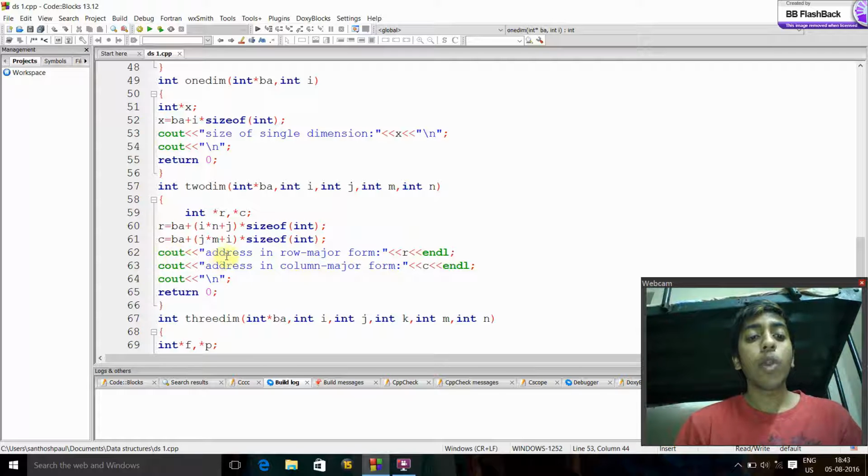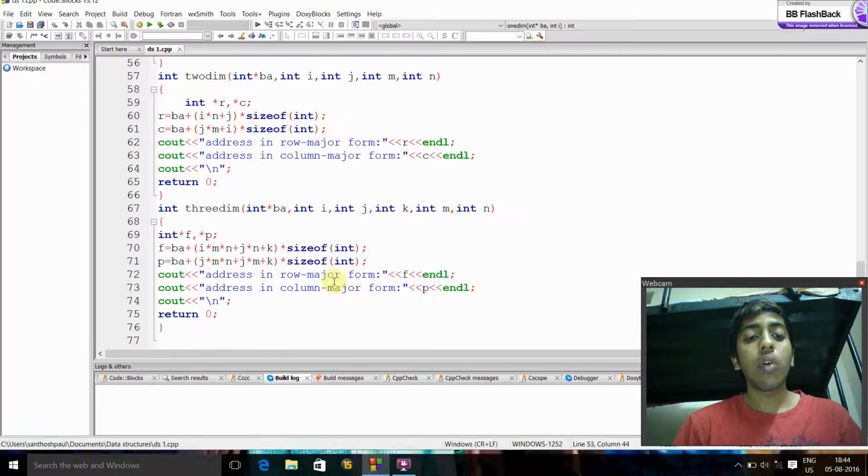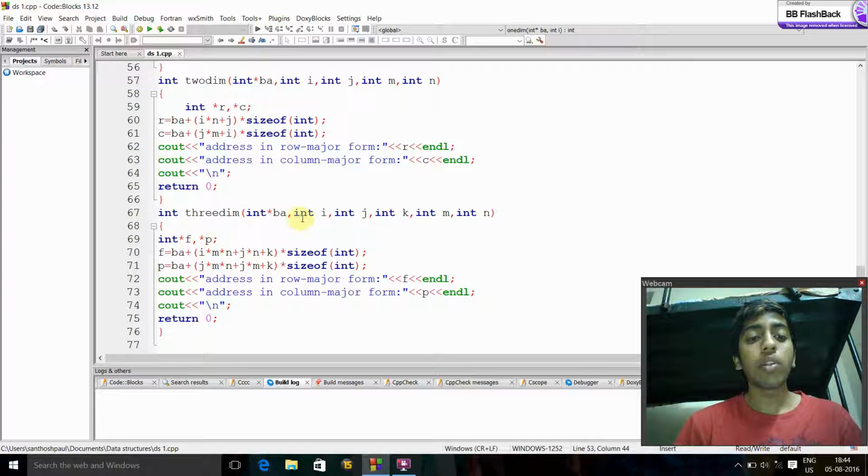Now prompt the user for row major form and column major form. The address will be displayed according to row major and column major. And now this is 3 dimension, and in 3 dimension we use int asterisk ba, int i, int j, int k, int m and int n.